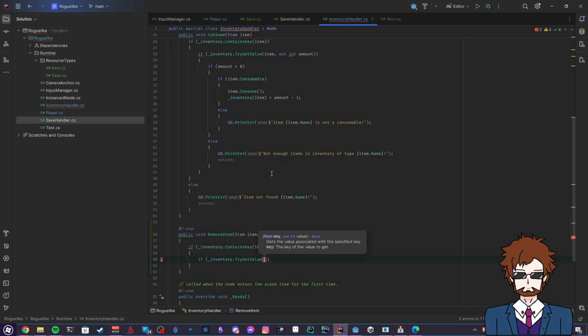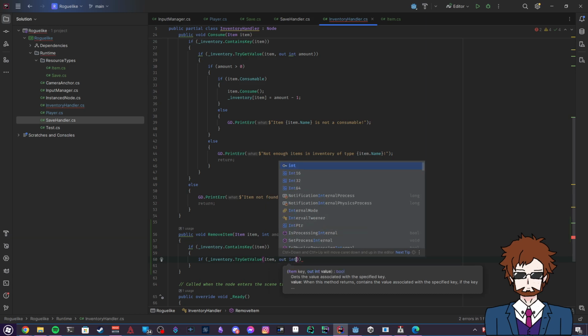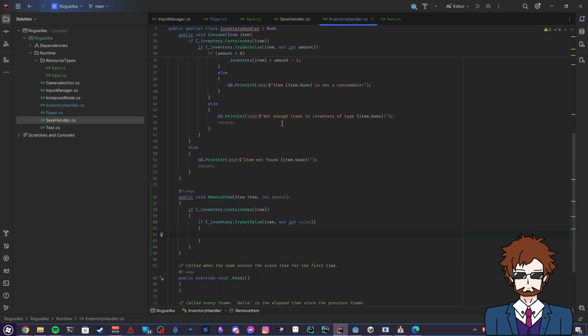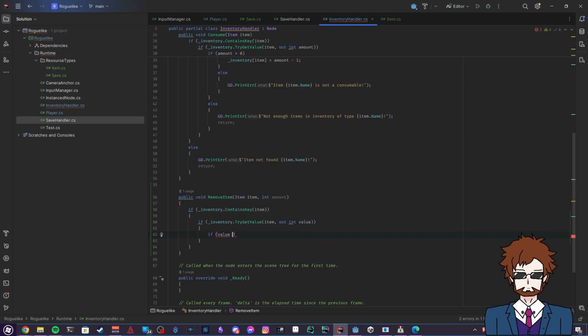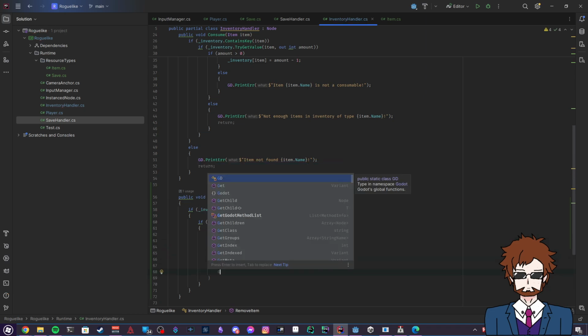This is basically a simple way to avoid any possible exceptions that may eventually come out of the GetValue, output value, and if value is bigger than amount, we are going to reduce it, else GD.PrintErr